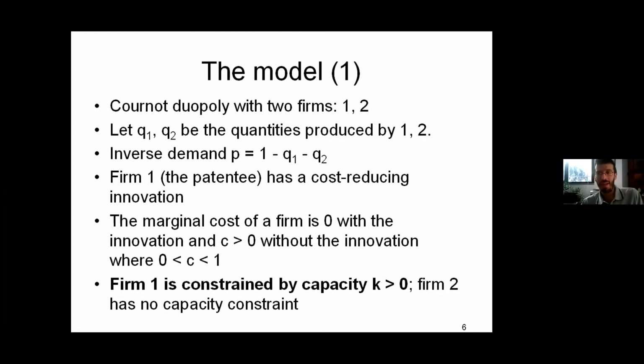Yes, I agree. There are many ways in which this model could be generalized. This is one of the points through which this could be generalized. Okay, we are just keeping the analysis as simple as possible. So by assuming that just the patentee is capacity constrained, you might say that also the other is capacity constrained, but K2 tends to infinity, right? Right, this is what I'm saying. Do you need K2 to equal infinity, or can you make K2 large? That's what I'm asking. Well, I think that we might just assume that K2 is sufficiently large. Okay.